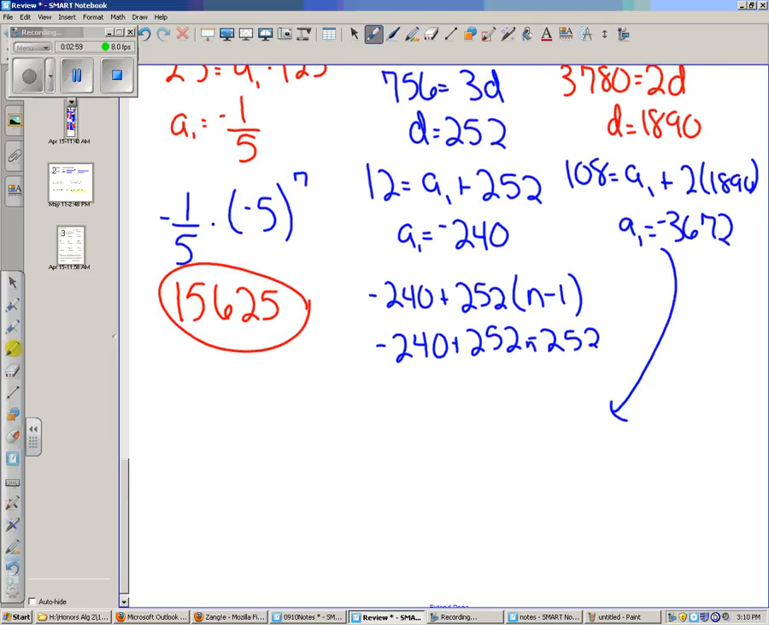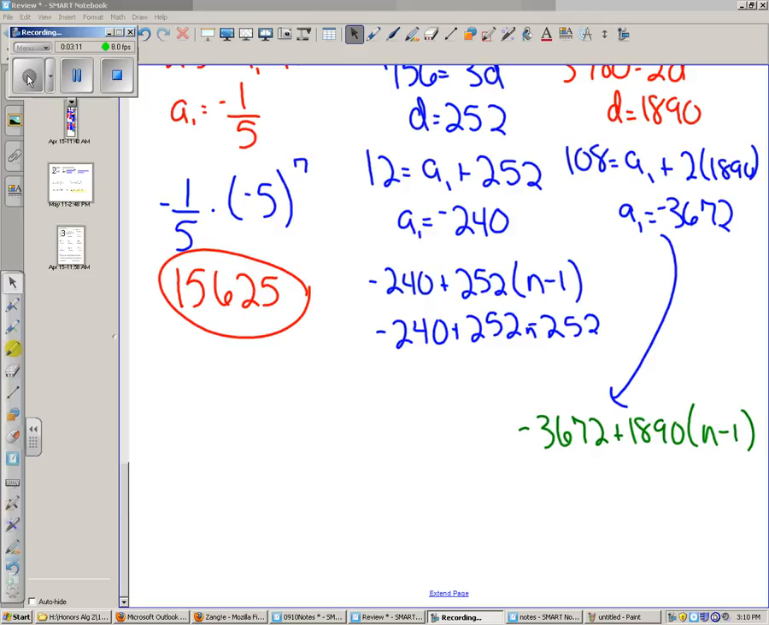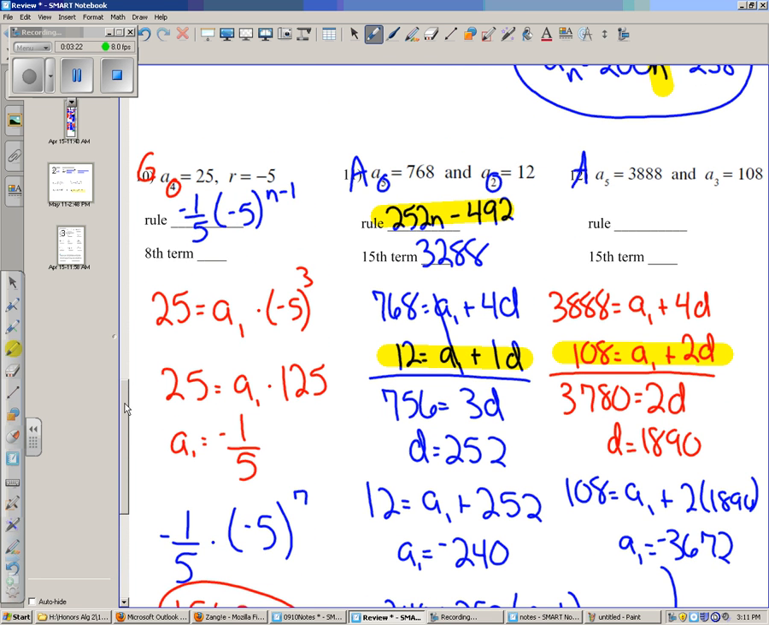I'm going to go way down here. So the rule comes from the first term plus d with n minus 1. Okay, so I'm going to distribute my 1890. And when I'm done cleaning it all up, I'm going to move back up to the answer blank. My rule ends up being 1890n minus 5562. And then my 15th term, once I put n in there, is